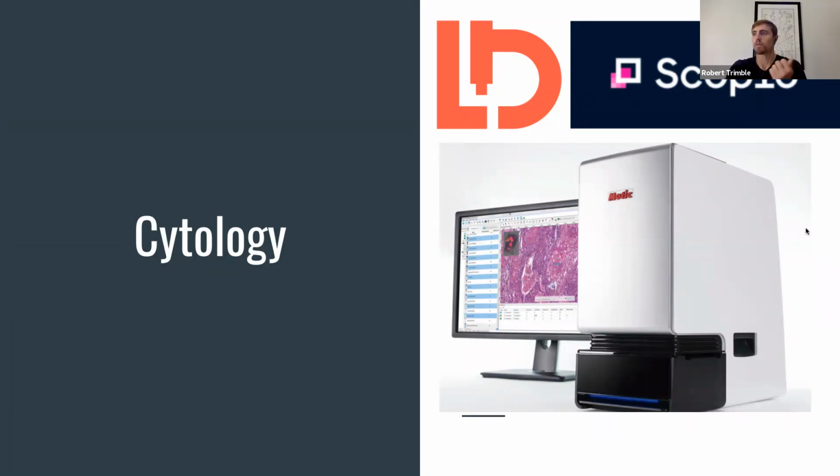And Scopio, they're also in the digital imaging space. They're similarly on a mission to provide high quality and fast diagnostic tools for veterinarians. They're betting on high resolution digital cytology, as well as artificial intelligence, in order to streamline routine diagnostics and increase the diagnostic accuracy. And so Scopio, they're aiming to help vets perform more powerful analysis of things like hematology and